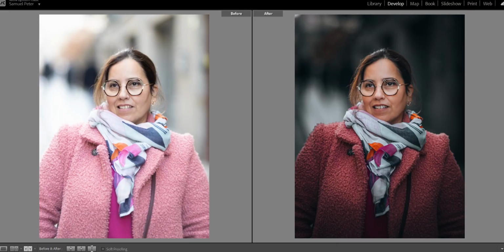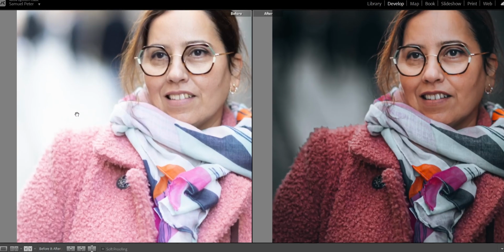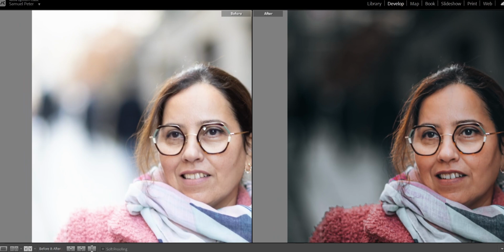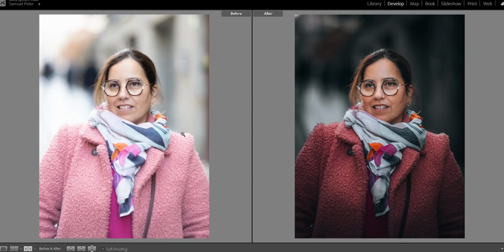Now, the rest of the image is not too distracting here because her face, again, is the brightest part of the image, and everything around her face, we've made it a lot darker. If you look at the original, you can see that this is much brighter than her face. This, again, is a lot brighter than her face. So whenever we do these edits, I really like to darken everything that is not the face so that, you know, it can really